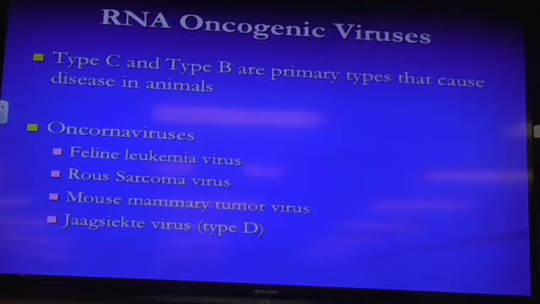So your common retroviruses include feline leukemia virus, Rous sarcoma virus, mouse mammary tumor virus, and this is pronounced Jaagsiekte virus, a type D retrovirus. This one, have y'all heard of this? Yeah, okay, totally. So what animal does it affect? Sheep, right? Sheep or goats? Sheep. Yes. And what lesion does